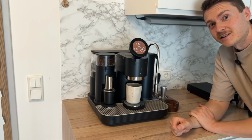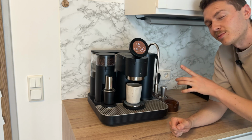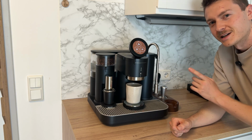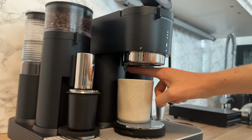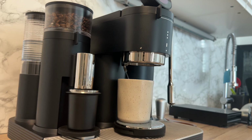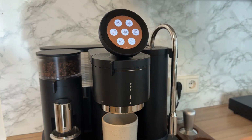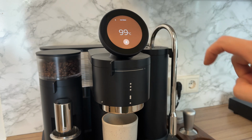Oh, and did I mention that this machine also has a water outlet? Because just from looking at the machine you probably wouldn't think that it has one, but it does. This little thing at the back is the water outlet. And this is how you use it. You go into the main menu, you press on the water drop,